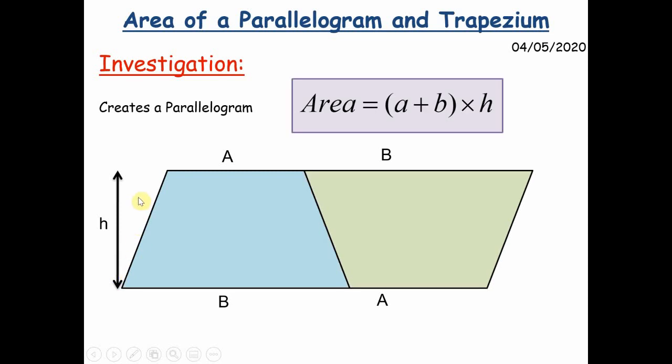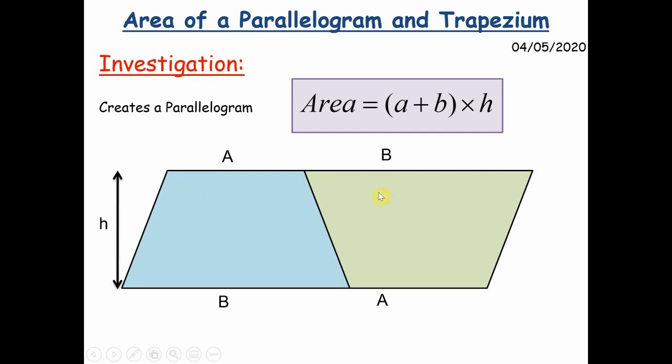Okay, now the area of that parallelogram, as we've seen in the previous page, is the base times the height. Now the base of this parallelogram is the sum of A and B. Okay, so it's the sum of the two parallel sides. So A plus B, and then we times that by the height, and that gives us the area of